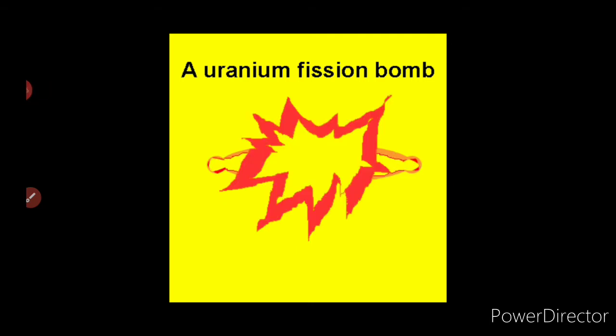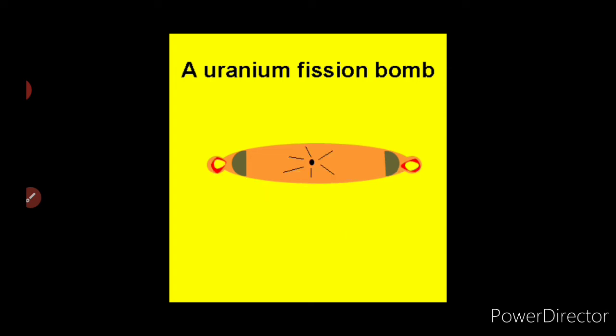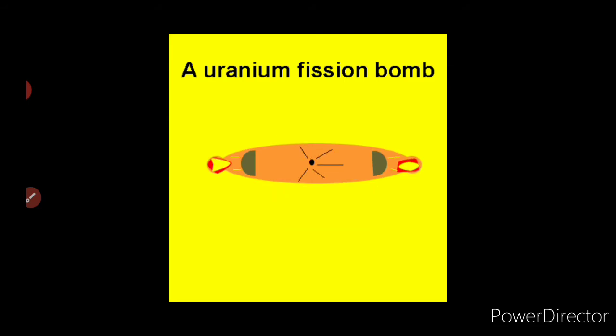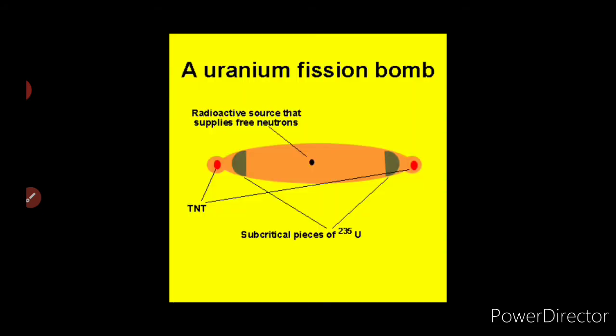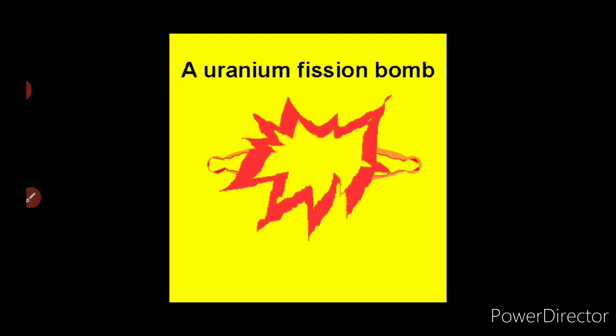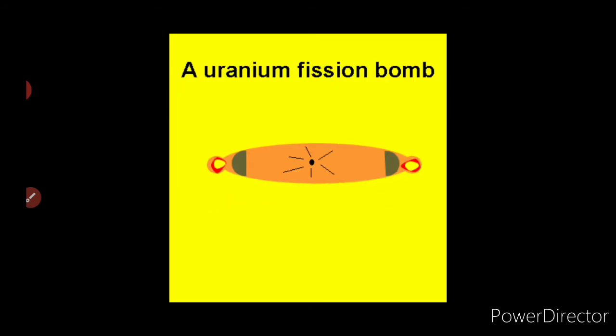Now here you can see how the explosion takes place. At the two edges there are two critical masses, isn't it? The two fissile materials are under the subcritical mass, and when they are joined together, here you can see an explosion takes place, right? So at the two corners you have two pieces of fissile material whose mass is subcritical. So when it exceeds the critical mass, the uncontrolled chain reaction takes place, which leads to explosion.